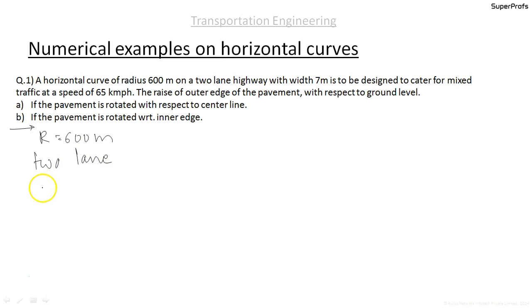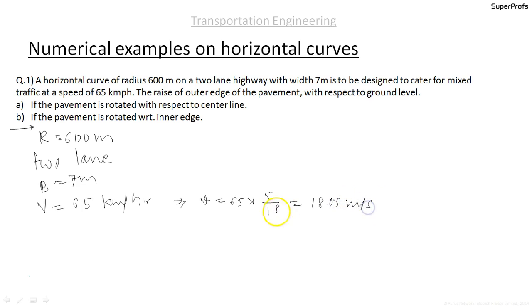with width given to be 7 meters, is to be designed to cater for mixed traffic at a speed of 65 kilometers per hour. So the design speed given is 65 kilometers per hour, which we need to convert into meters per second. So small v equals 65 into 5 by 18, that comes out to be 18.05